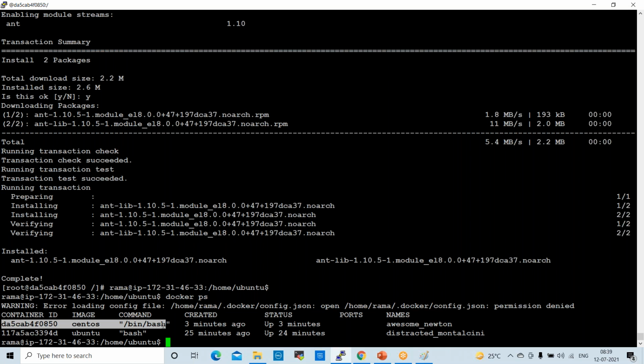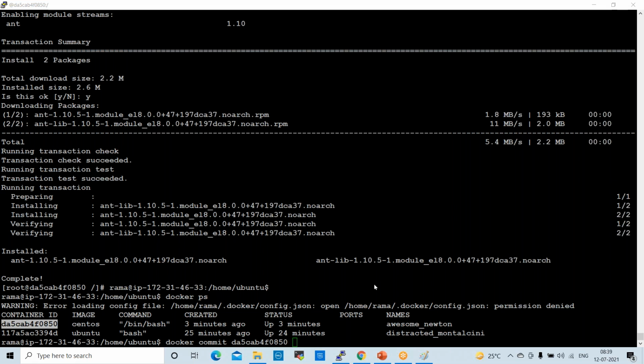The command is docker commit, then the container ID, then the image name.